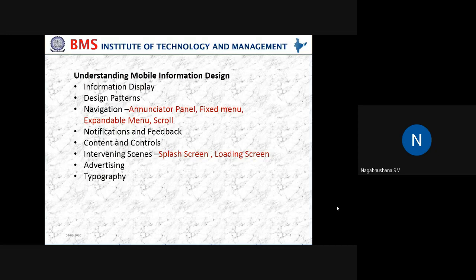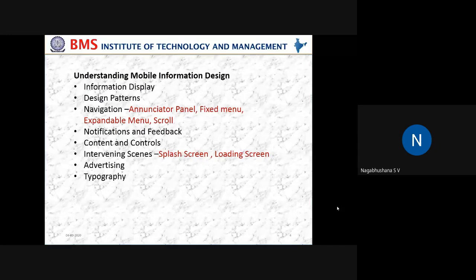Every app that you design, as a mobile application developer, will have targeted users. Depending upon the need of targeted users, the information projection on the screen is taken care of.